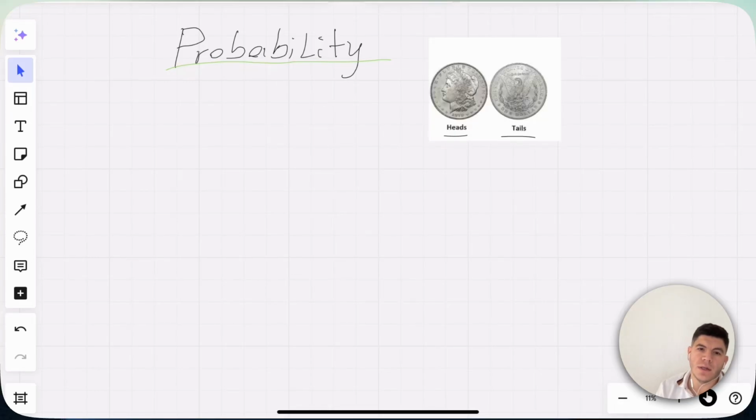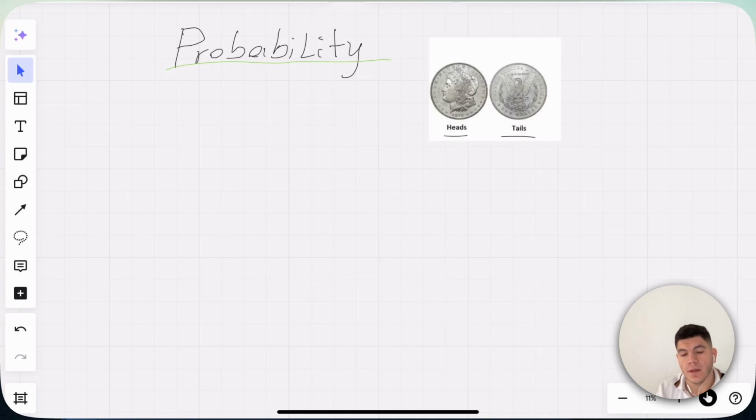Hi, so today I will be talking about probability in statistics. It's one of the important topics, especially if you later get into topics such as Bayes' theorem. It's important to understand the basic concepts. So probability means